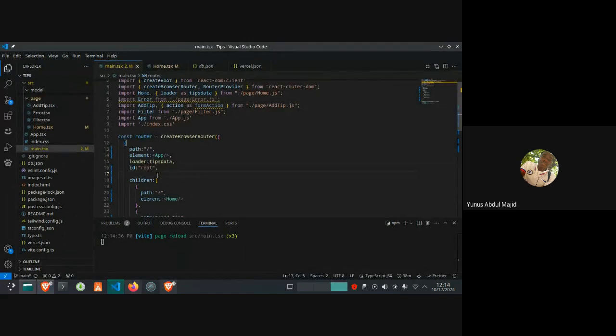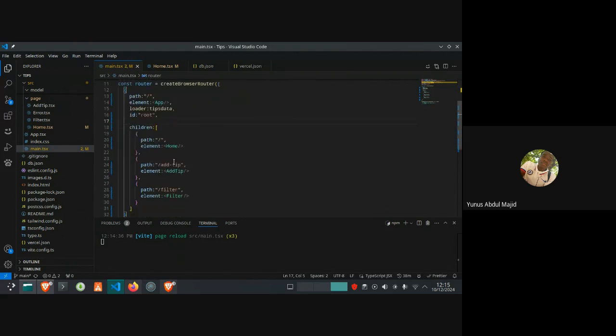We can put it inside all of these route objects, but I want this error component to be used across the entire route, so I will just name it here, since it's the same UI.